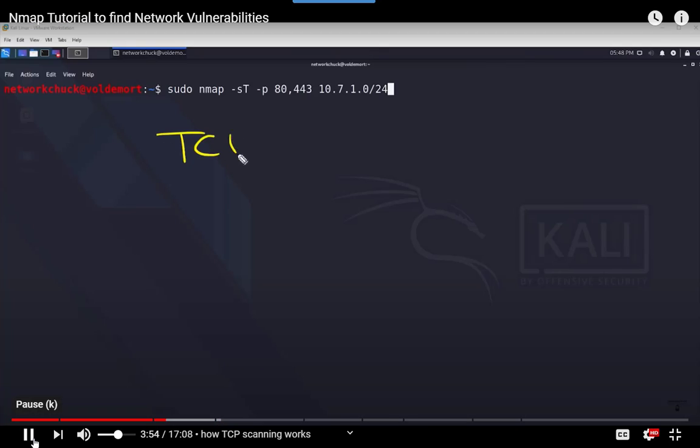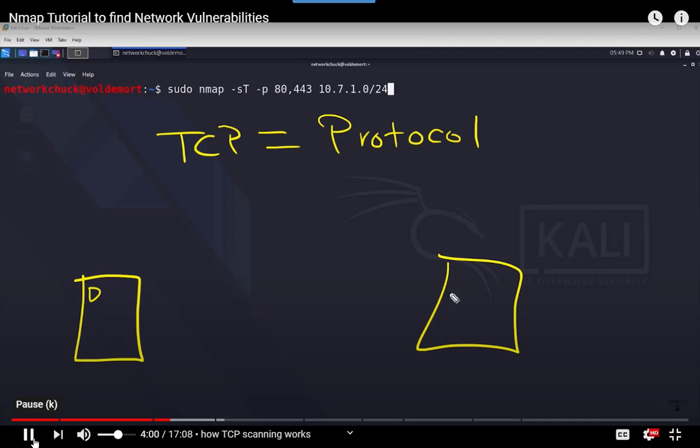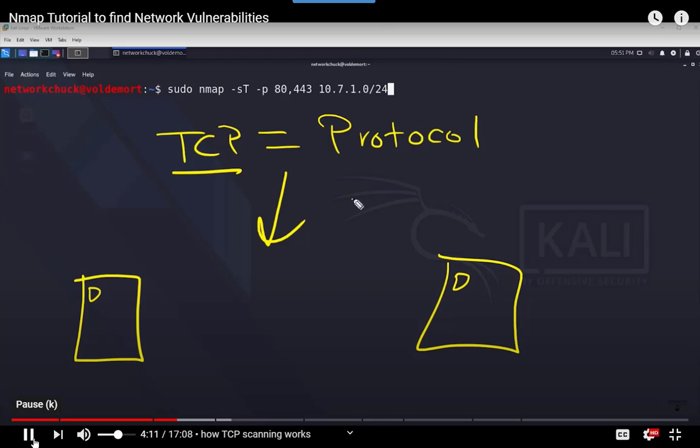Let's first start with what is TCP. It's a protocol, the Transmission Control Protocol, and what you got to know about it right now is that when, let's say, my computer wants to talk to a server or even another computer, it's the TCP protocol, a networking protocol, that tells us how we communicate. How do we start the conversation? How do we keep it going? The rules for starting and establishing this conversation are often referred to as the three-way handshake. And it's what Nmap actually uses to do all its magic, to check if ports are open.